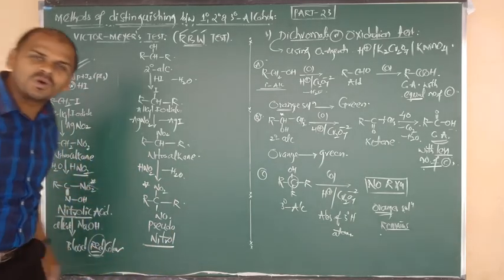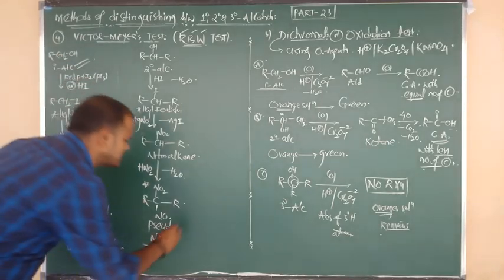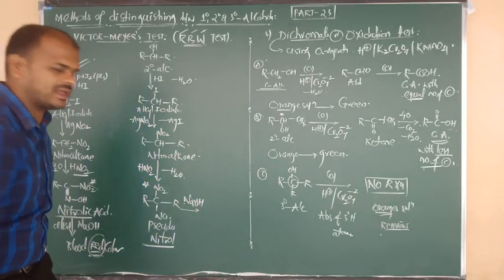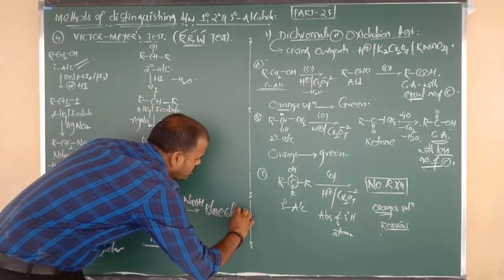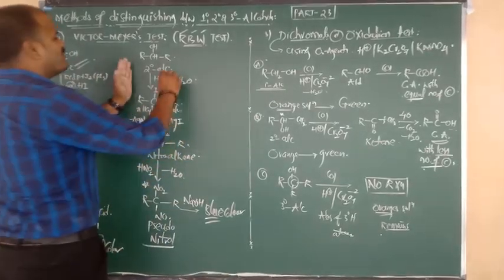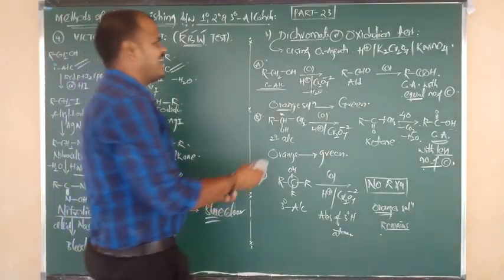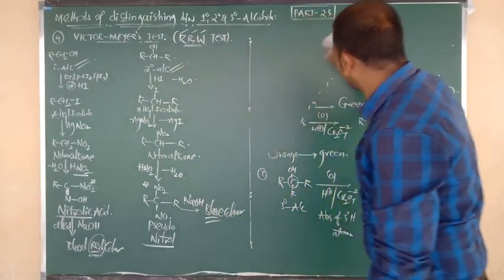pseudonitrol. Such pseudonitrol then undergoes the final reaction with alkali. The alkali is nothing but NaOH, and finally you are getting a blue color solution. By the appearance of blue color, we confirm that the given alcohol is secondary alcohol. And the final thing I am going to touch is